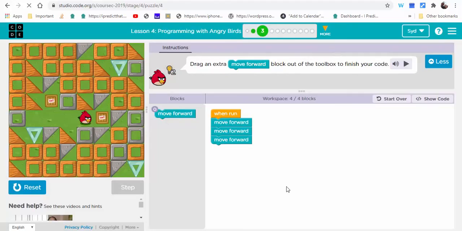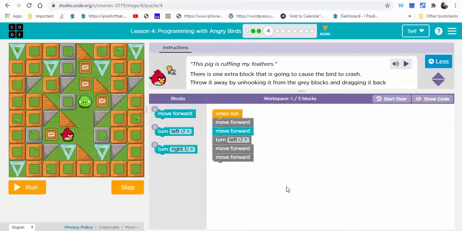Okay, so there you have it. It's pretty nice, simple to use. Now, if students are doing this and they want to change something, they can always select the hamburger